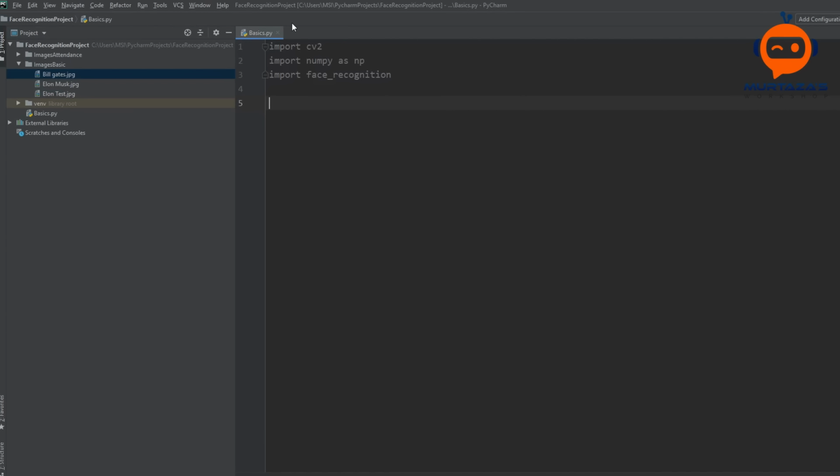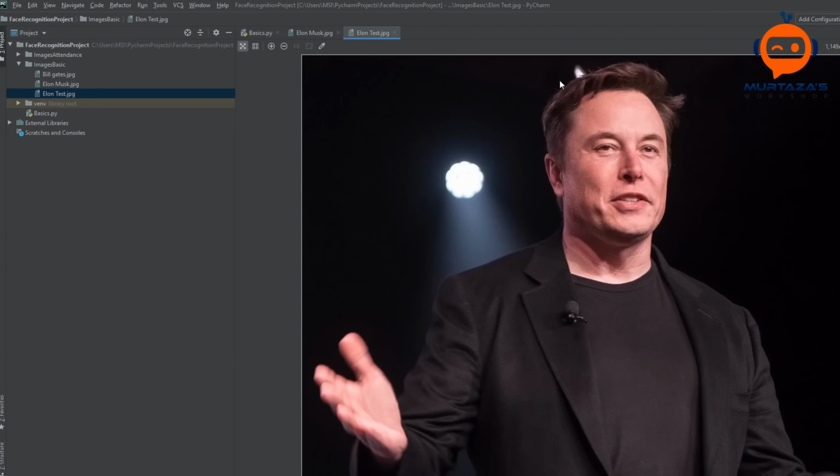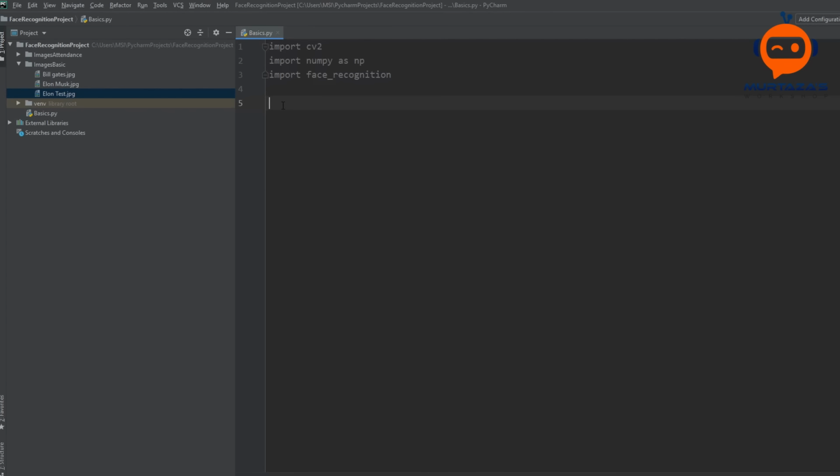So what we will do is we will get the encodings of our normal image, and then we are going to use the test image to see if it can find the picture of Elon over here or not. So coming back to the steps, the first thing we will do is we will import our image.